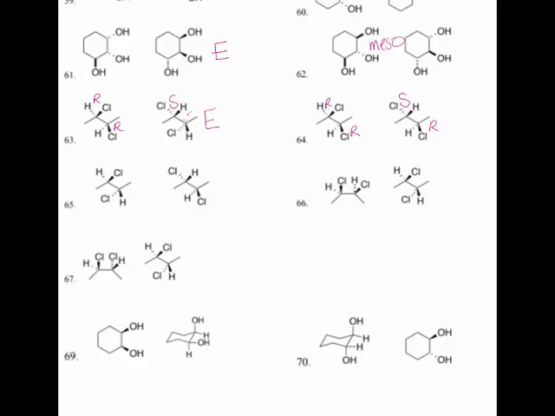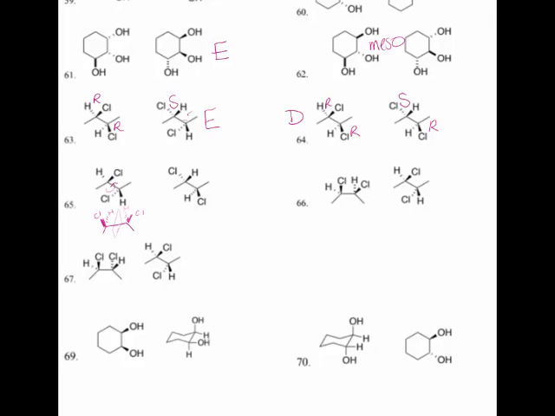So we have 2 asymmetric centers, but they are not directly opposite. So these are diastereomer molecules. They're a diastereomeric pair. For number 65, I'm going to rotate around this bond here. And when I rotate around this bond, it starts to look like this, with chlorine coming out, hydrogen receding, chlorine coming out, hydrogen receding. So immediately, I know that this is going to be a meso molecule, but is it